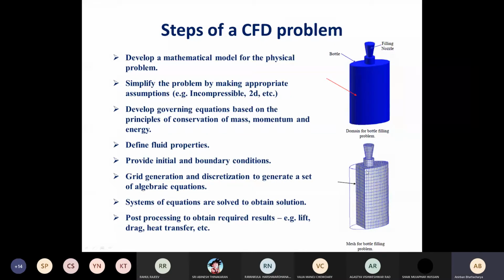Technically, each of these subdomains is a control volume in CFD, and in FEM they are known as elements. We are going to use the finite volume method, so there we will be calling them control volumes. Each control volume is represented by a single point. That single point may be at its center or at the centroid of the control volume, and that point is known as a grid point. This is also sometimes called grid generation or mesh generation.